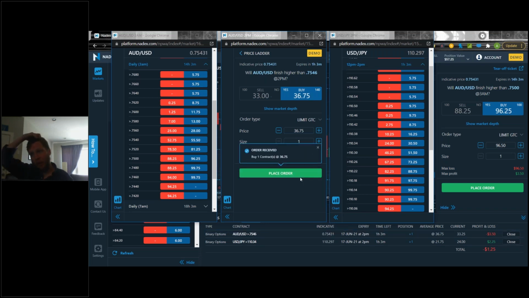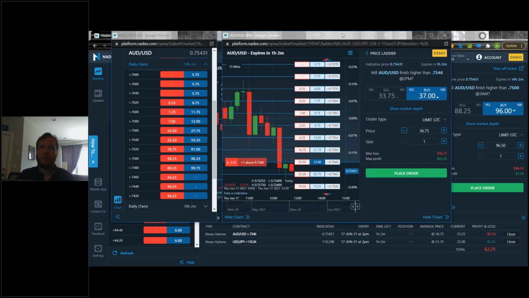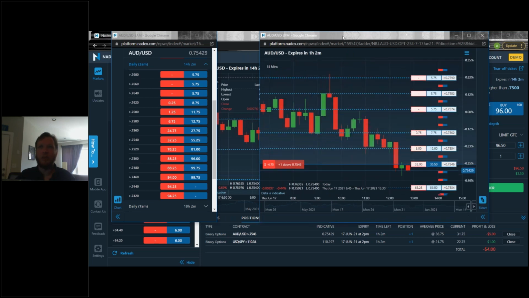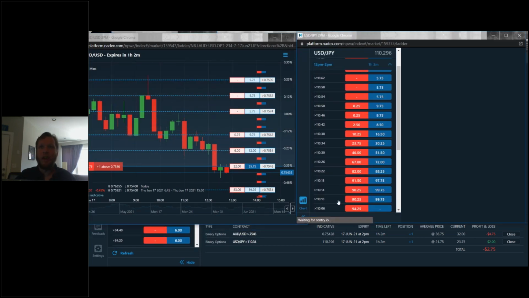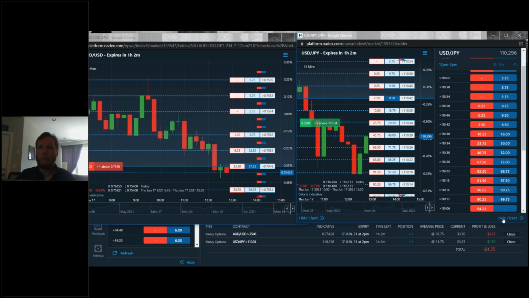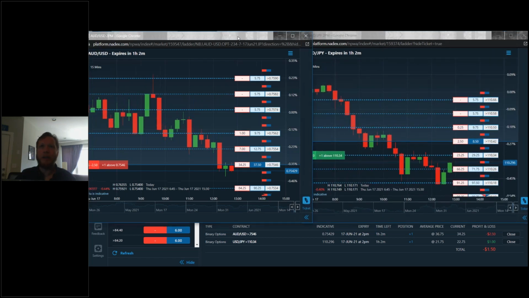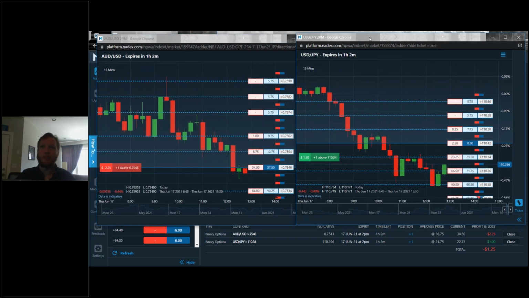This is actually how I like to trade on my demo account when I'm watching a bunch of different markets. Unfortunately, they do go behind your front screen here. I do know that, and that's something we've been trying to fix, but it's pretty difficult. But if you do have 2 screens, this is how I recommend you set it up. You can also just do the charts. So let's say I just want to look at an Aussie dollar chart and a dollar yen chart. I can have these up as well, and so I can fully customize my screens by doing this.